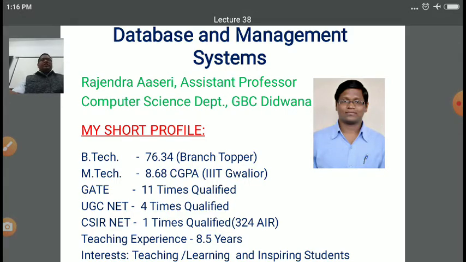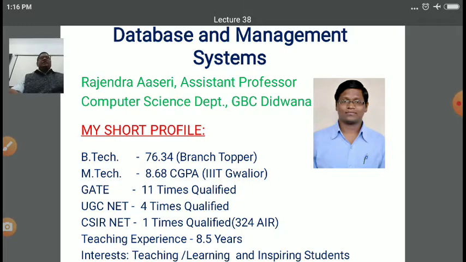In the previous lecture, we started a new topic under the Database Management System subject. The topic was indexing and hashing. In indexing and hashing, first we discussed why indexing is important in a file system. Indexing is helpful when we want to access information from a file. If you want to select or extract a particular record from the file, then with the help of indexing, the task is very convenient and easy.